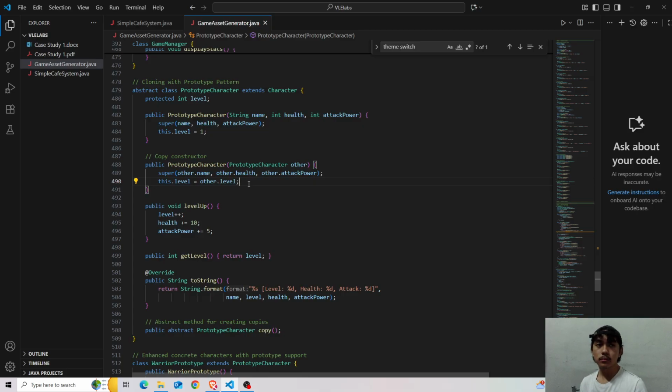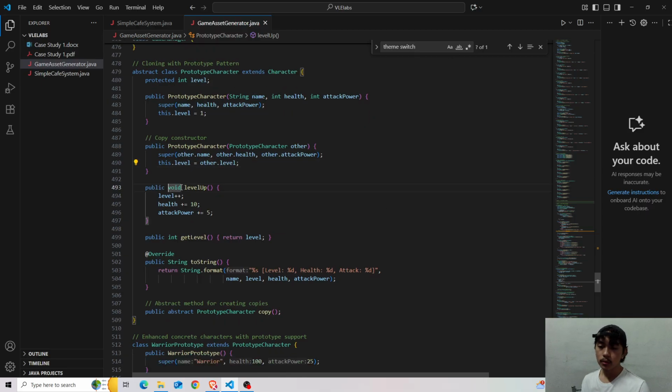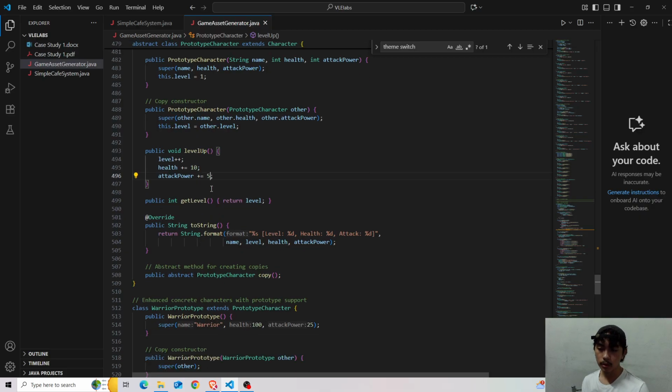Okay, so when the prototype pattern is implemented, it copies the current level of the copied or cloned instance or object. Okay, so it also has a level up method for the prototype character. It has a public void level up method, which increments the level and adds health and attack power.